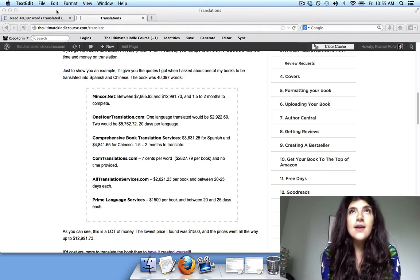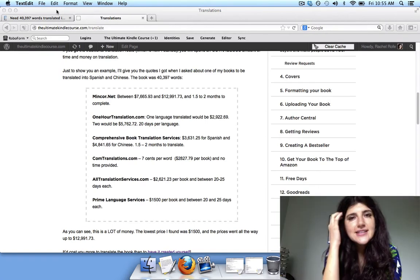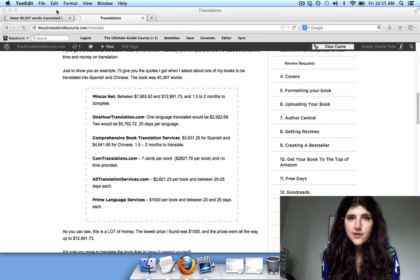Now, not a lot of people translate their Kindle books, and I'm not quite sure why. I guess because it seems like there's a high barrier to entry. But once you translate your book, you can make double, triple, even way more sales in other languages because Kindle's not as popular in other countries yet, and people are hungry for knowledge. They're super hungry for knowledge,